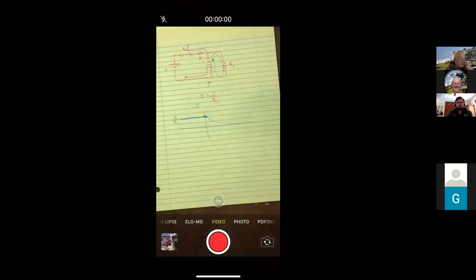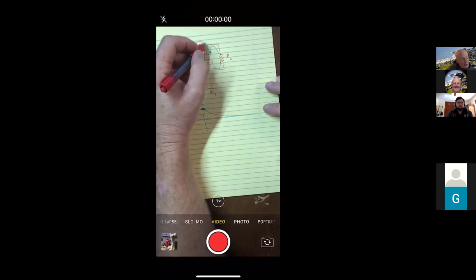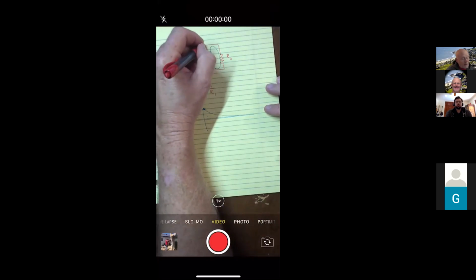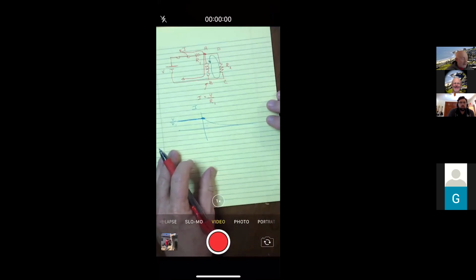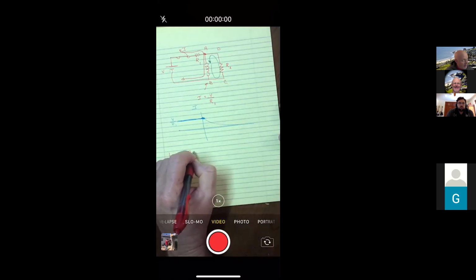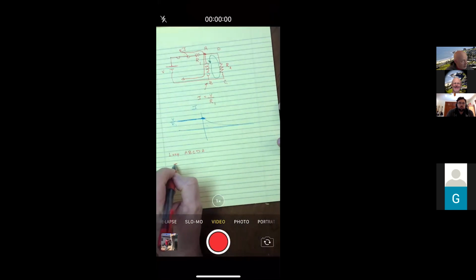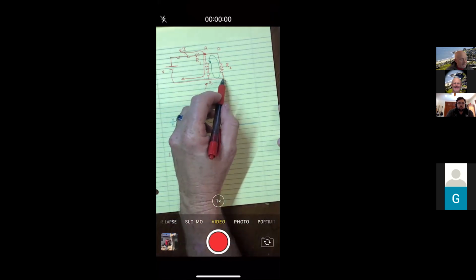Because watch this little loop here. Let me find my pen. Oh, here it is. If I just do this loop here, let me say A to B to C to D, and I do the Kirchhoff's loop rule. So let me look at loop A, B, C, D, back to A. From A to B, the voltage would be from an inductor, so that's minus L di dt. Then